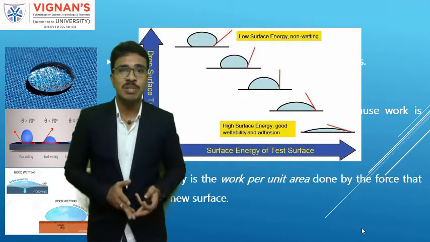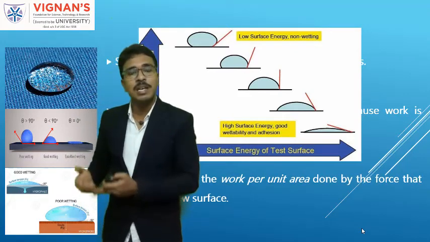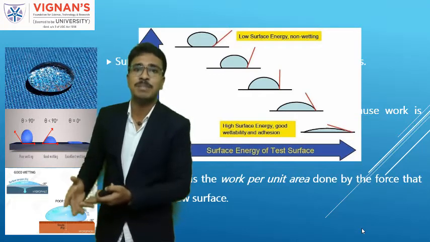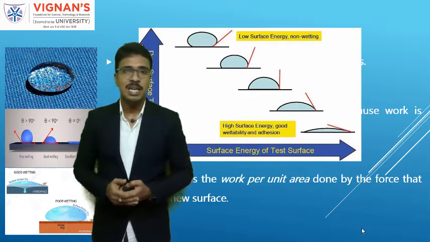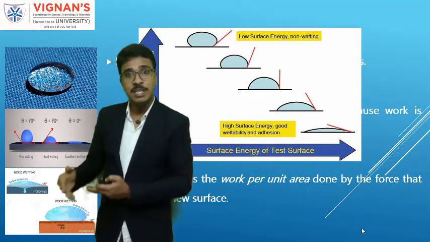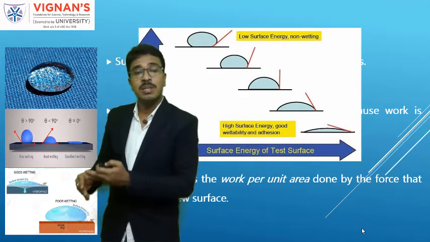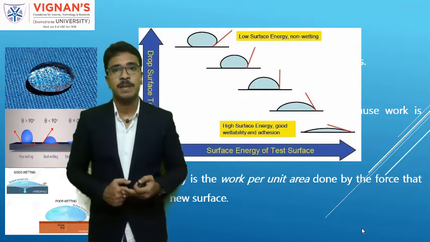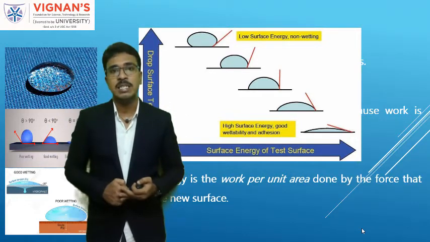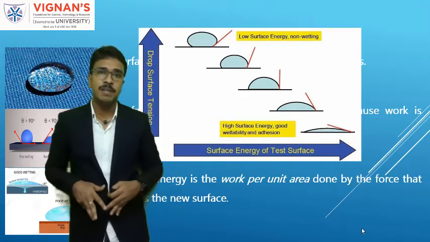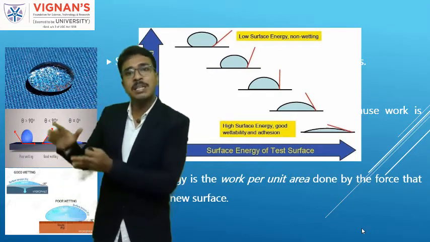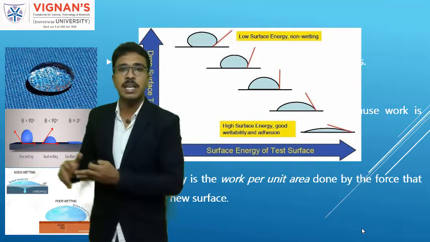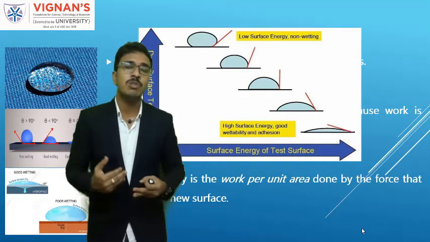Without understanding this concept and without knowing what surface energy is, you cannot decide the right treatment, the right finish, or the right finish combination, and you cannot send the finished fabric for the right end use application. Understand? So whatever finishes we are giving, obviously we are aiming at a particular end use application. So according to the particular end use application, we need to give our suitable finish.